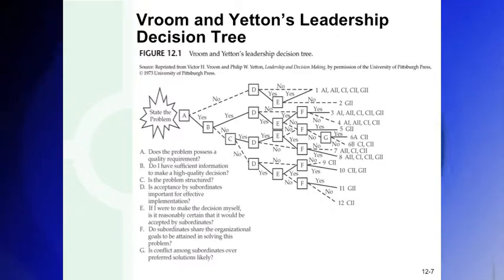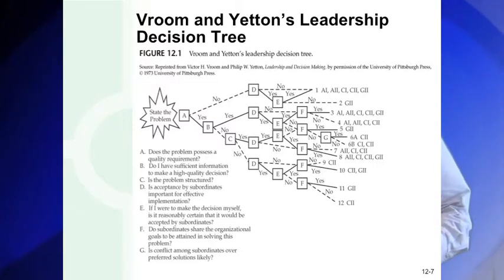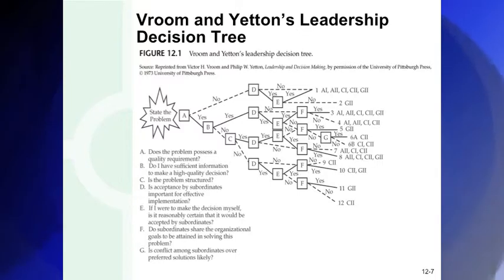And Figure 12.1 gives a lot more detail to what that figure is. It's really a decision tree. And as you look at this decision tree, it has become extremely popular over the last 20 years in continuous improvement or process reengineering, where a problem is stated and all the various decisions that need to be attended to in terms of solving that problem or addressing that problem are laid out.